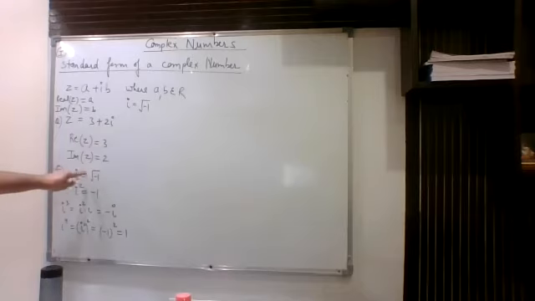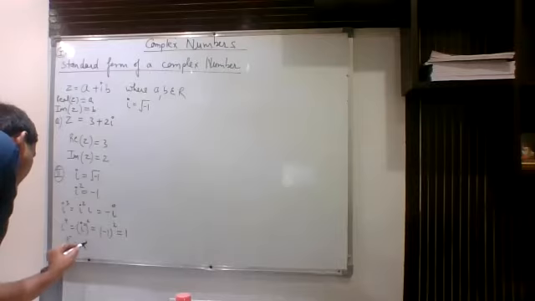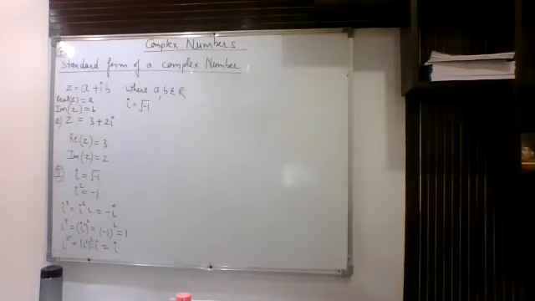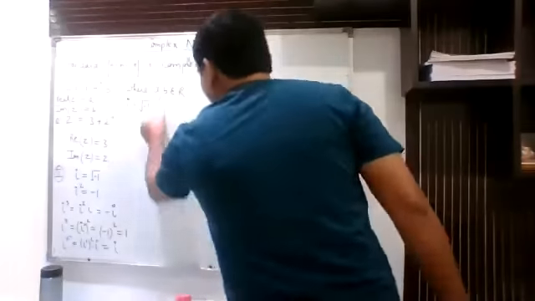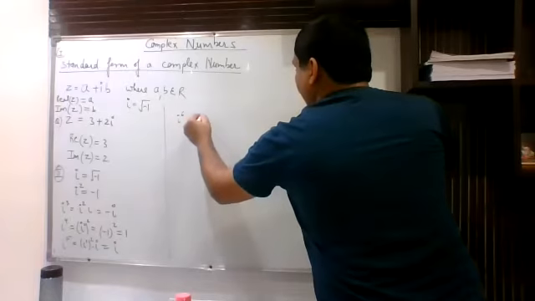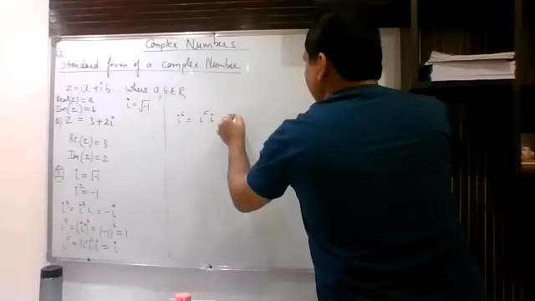So iota stands for the square root of -1, and iota square is -1. This is how we can calculate i to the power 3 and i to the power 4. If you want to proceed further and find i to the power 5, it will be i to the power 4 into iota, so that will become iota. If you want to find i to the power 6, it can be written as i to the power 5 into iota, so that is i square.